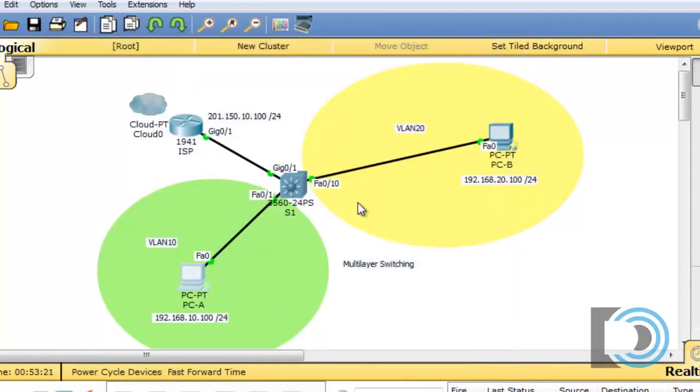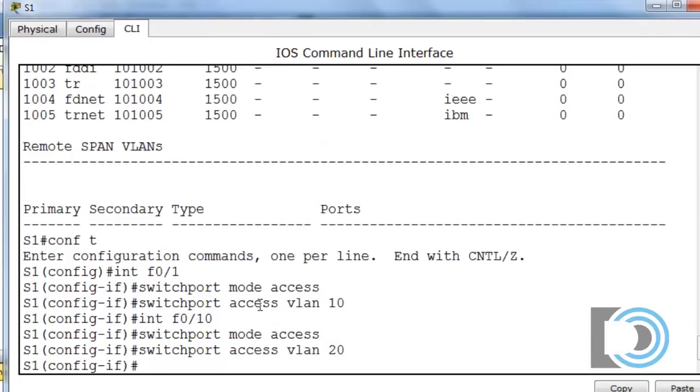So if we want to route between VLAN 10 and VLAN 20, we can turn on IP routing on this switch, and we can make the switch basically the default gateway for VLAN 10 and make the switch the default gateway for VLAN 20. Let's do that. So I'll go back into the switch,